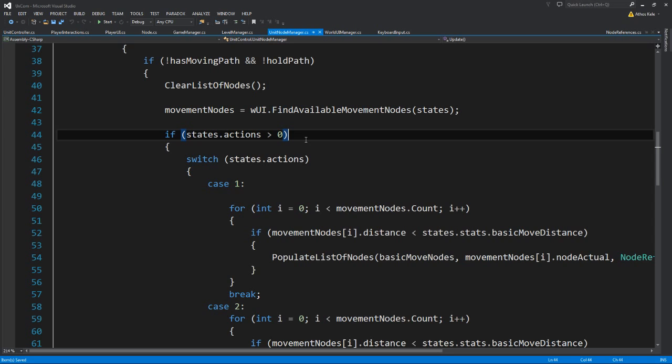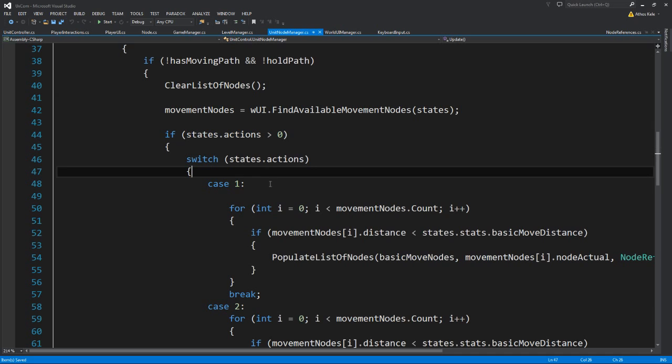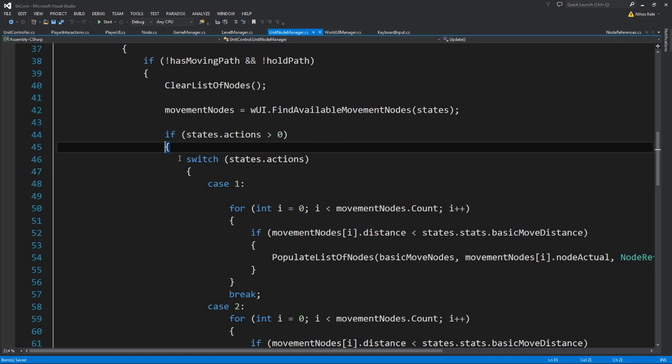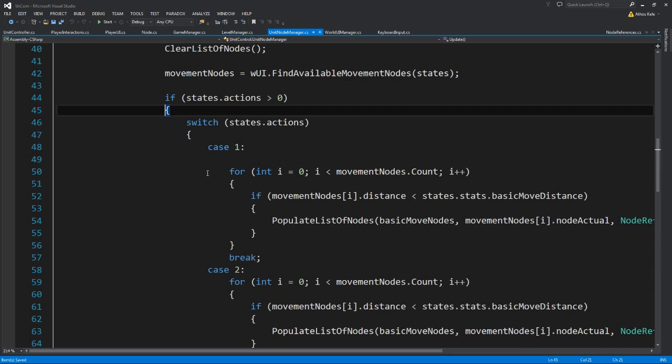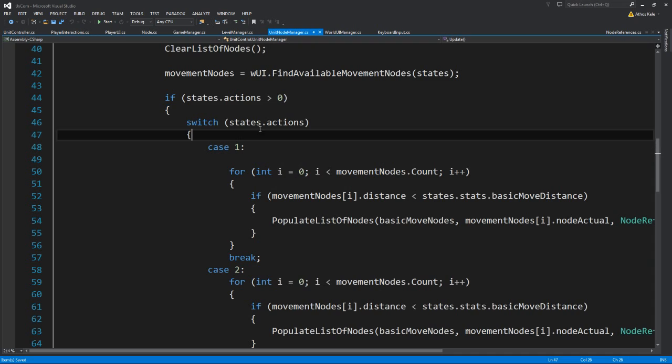So if our actions are 0, we do not want to do anything, so we do not want the switch statement to run. Now basically I can simply remove this if statement and add it as a case inside over here, which doesn't make any kind of big difference. You can add it as a case which does nothing. So let's keep it this way right now, and we say if we have any actions left,